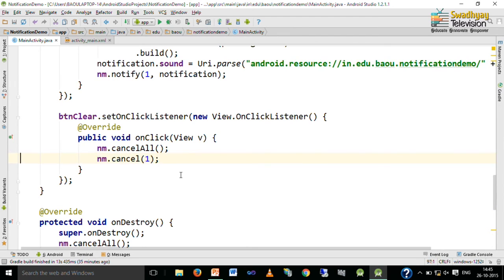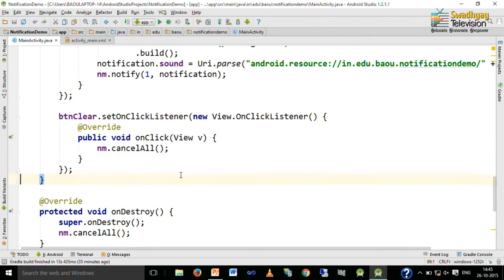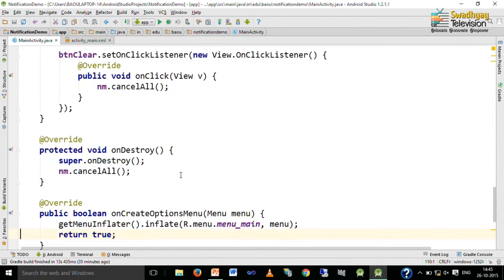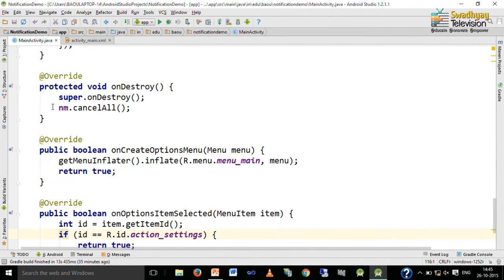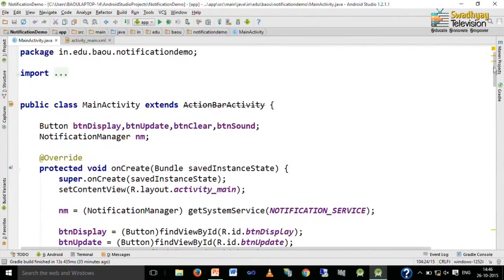Here we want to cancel all the notifications, so I use cancelAll, you can also use cancel 1, and when our activity is destroyed we again call cancelAll, so that pending notifications are not there. So, here we call the cancelAll method of the notification manager in onDestroy. So, this is how our entire application works.